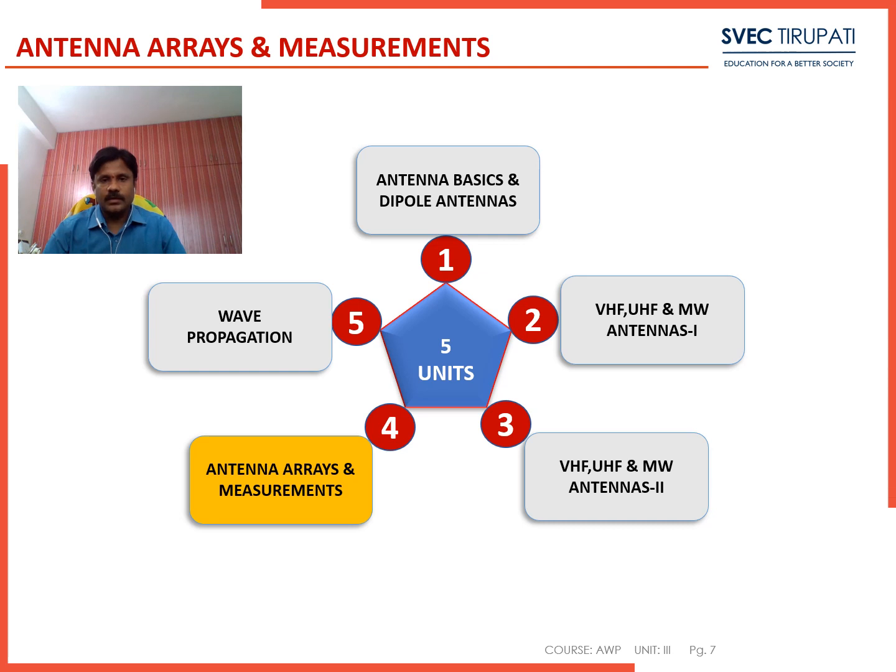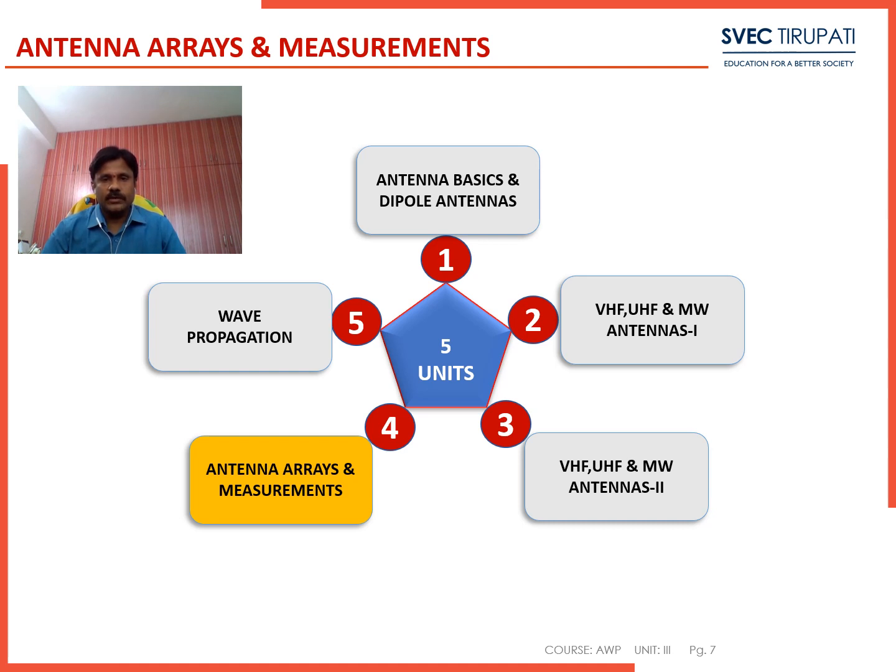For that, we go for grouping of individual antennas, called arrays. In this fourth unit, we are going to see how individual antennas can be grouped to get the required radiation pattern. After obtaining the required radiation pattern, how do we measure the performance, whether it is giving the radiation in the wanted direction up to the mark? For that, we also have to deal with the measurements related to antennas.